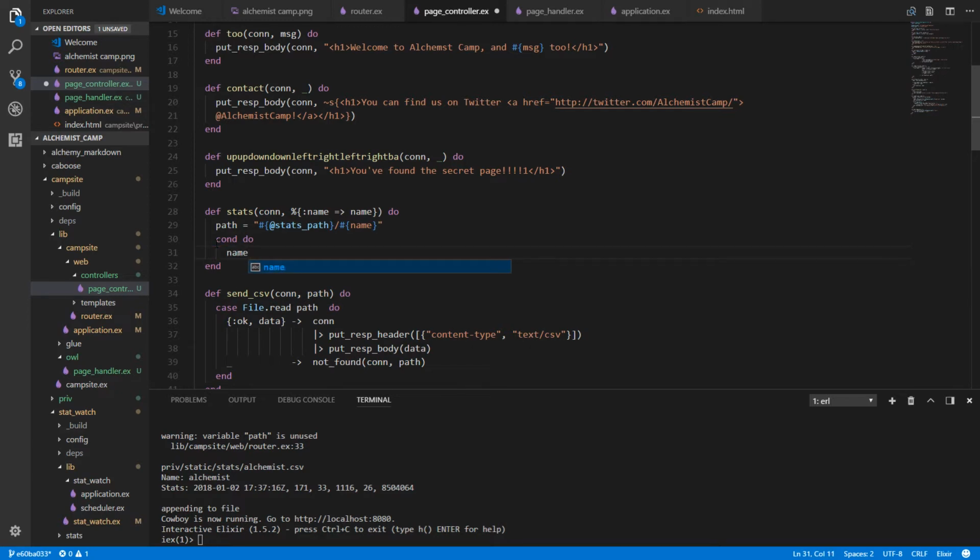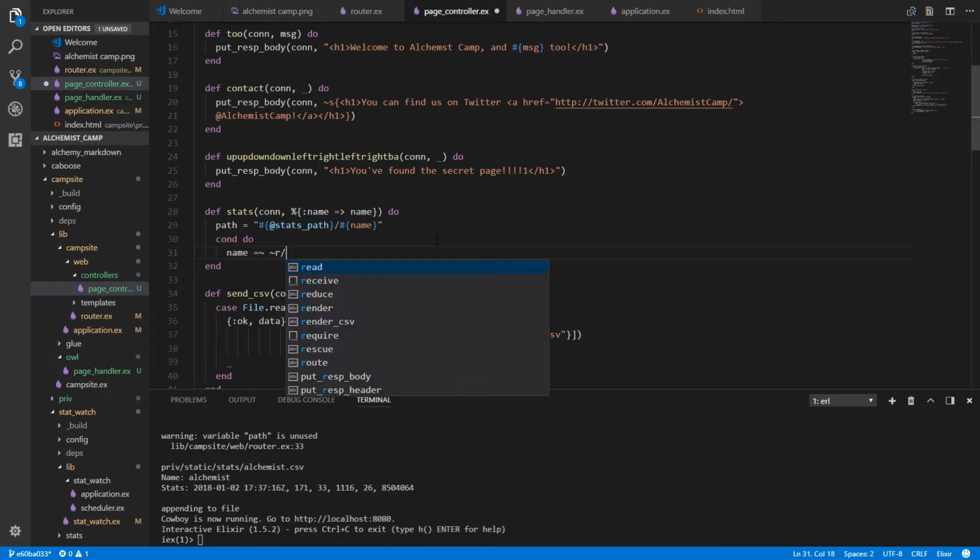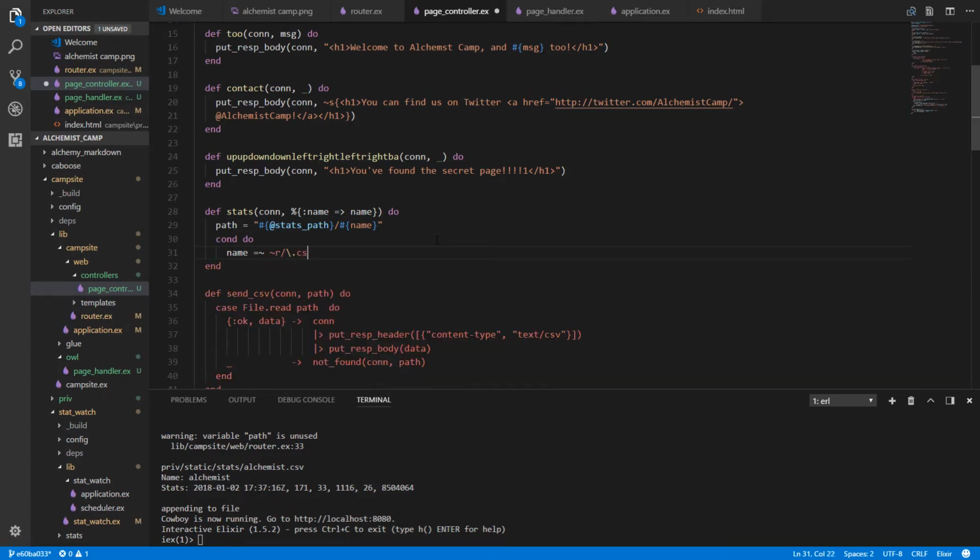So on the left side, we put the condition, and the first condition is that the name matches, and this equal squiggly that I've got highlighted here is just a regex match. So if it matches something.csv and then the end of the name, dollar as end of the string, then we